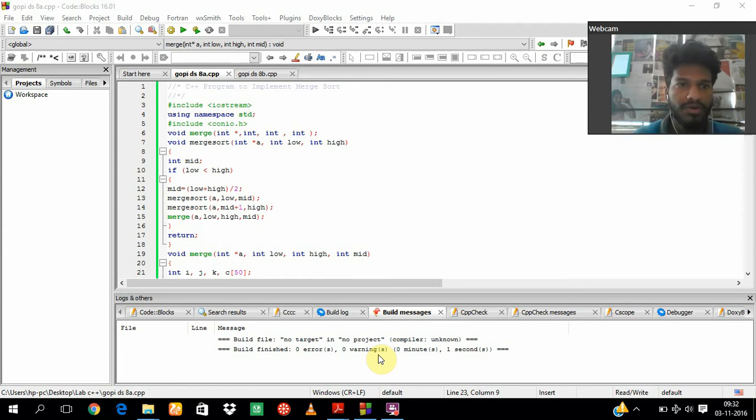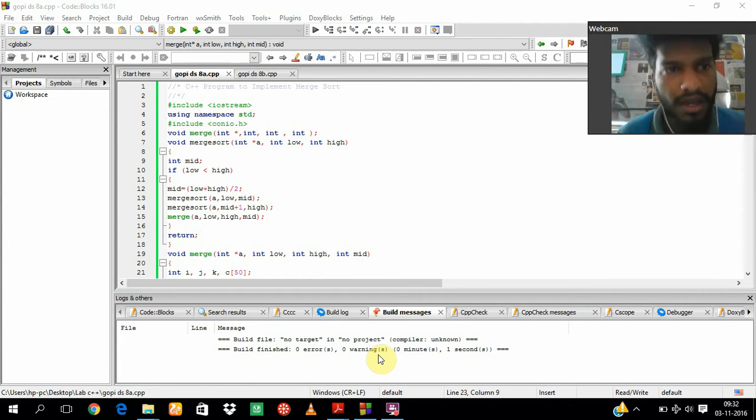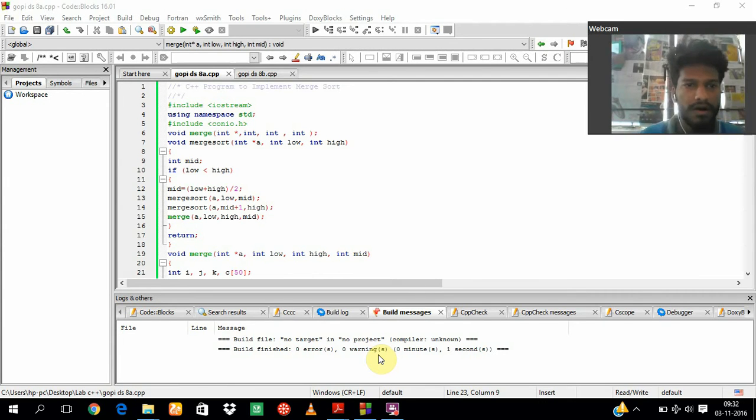Hello ma'am, now I'm going to show the data structure 8th program, merge sort. First I declare iostream for input output statements, and also I included conio.h for library functions, and I